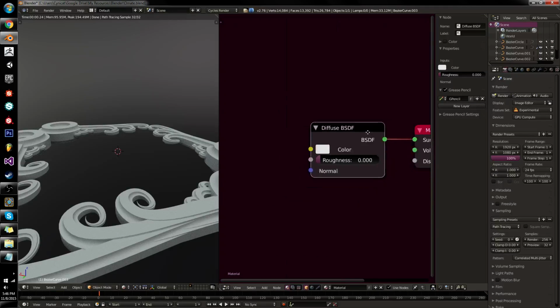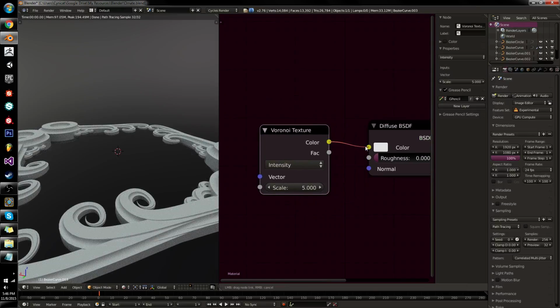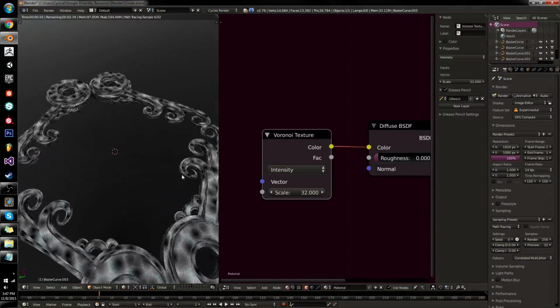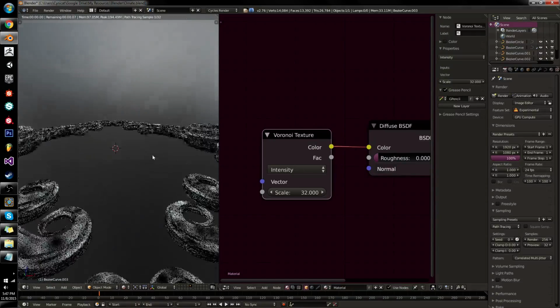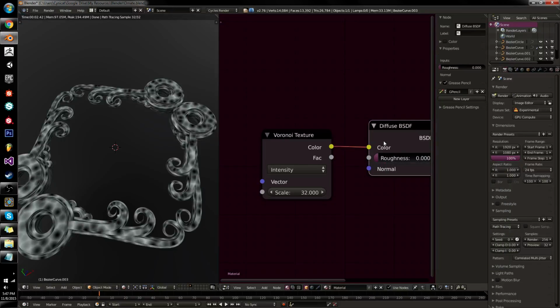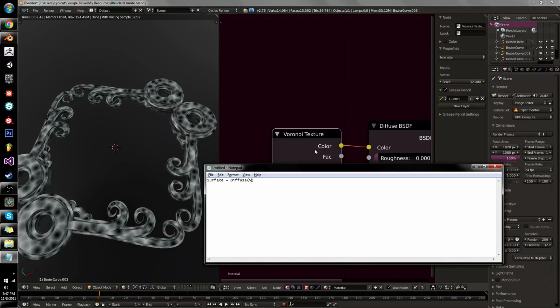So here we've written some code. But what if we modify this? What if we go in and we say texture, Voronoi, and we plug this in here? And then, I don't know, I want this to tile 32 times. So here I've created the thing and I like it. What it's going to do is go in and do that same process, following the connections. But instead of just picking whatever was in there by default for our diffuse shader, it's going to ask another question. Notice it asked what color this is. Well, it's the color of the Voronoi texture. So it's going to say Voronoi,